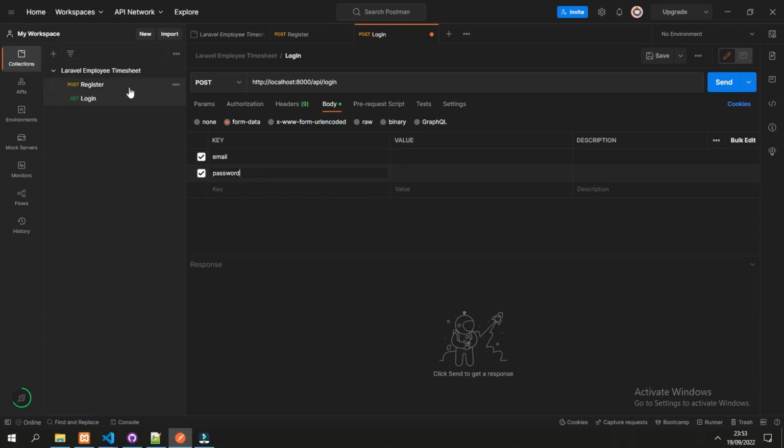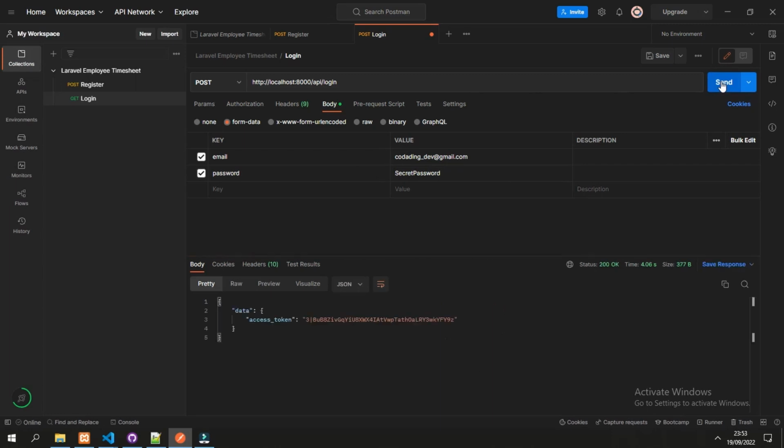Let's look at the previous user that we created earlier. This is the email and the password is secret password. So let's test that and let's see if we can log in. And it succeeds. It gives the response of the access token.